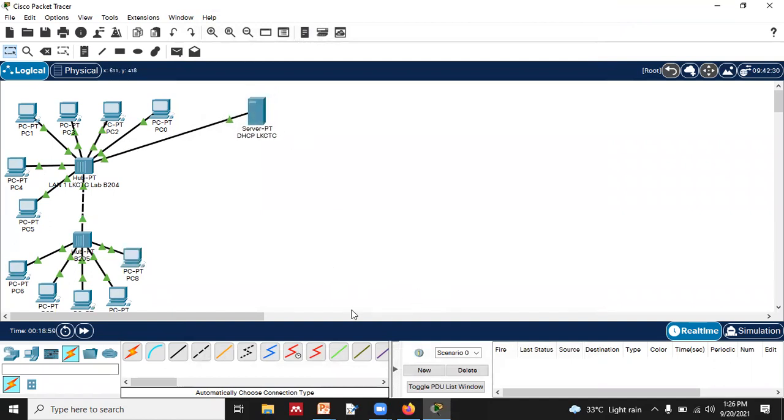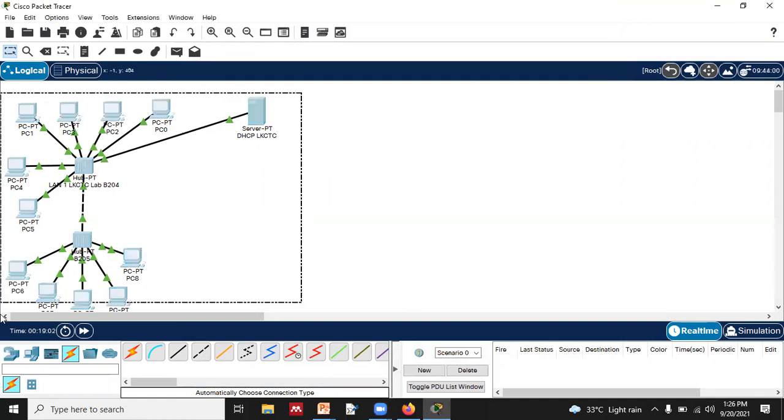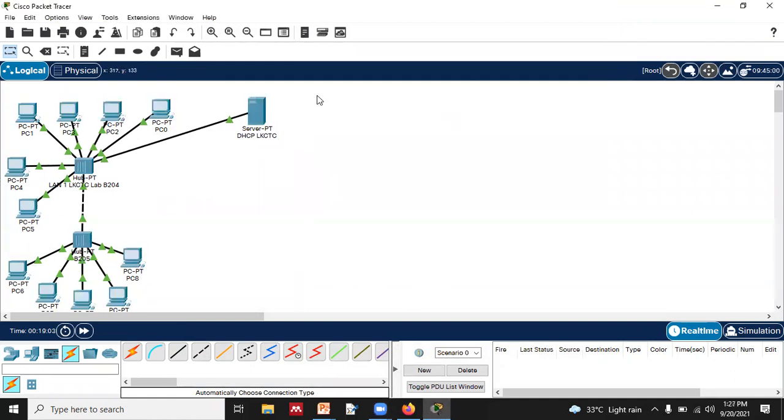Now, what we need to do is we need the replication of this, right? On the other side also, the same thing will be there or not? Yes?